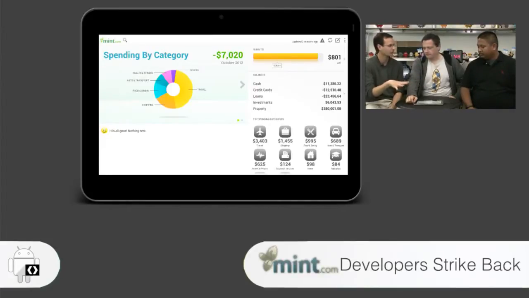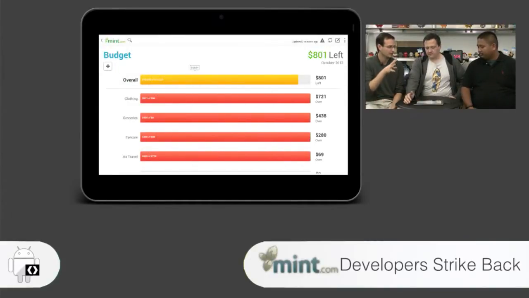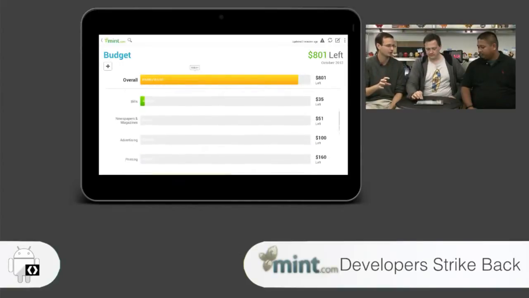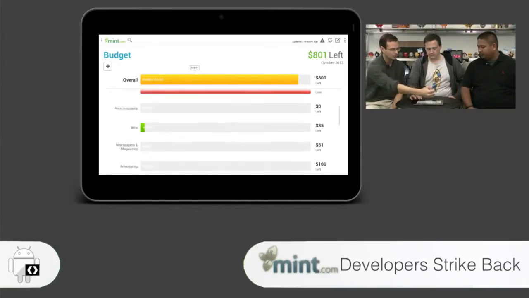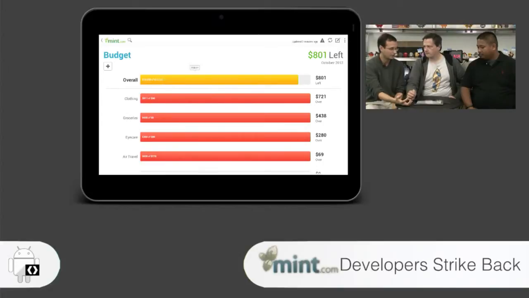So it doesn't have to be that. This still looks consistent with Android. It looks like it belongs on this device. But it does look different to some of the native apps which ship with it. And I think it really just comes down to having this holistic design that fits everything in. You've got this action bar which looks like a legitimate action bar, and it is. It works right. Everything's in the right place. That's right. Where you'd expect it to be. If I want to refresh, I know. Here I've got the compose icon, meaning to add something in. It's all intuitive. It all works the way that I would expect.